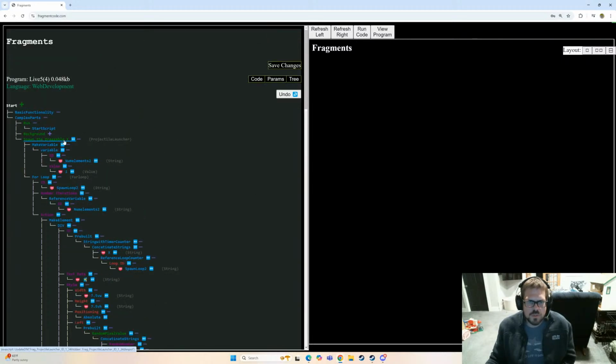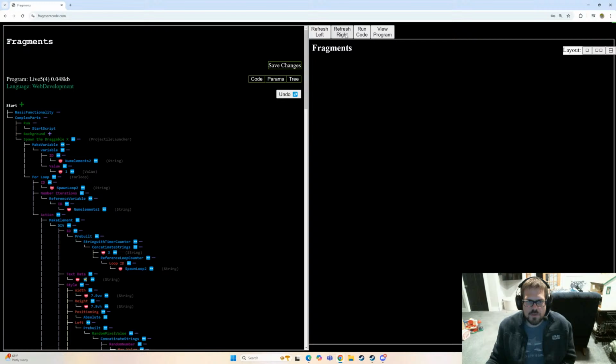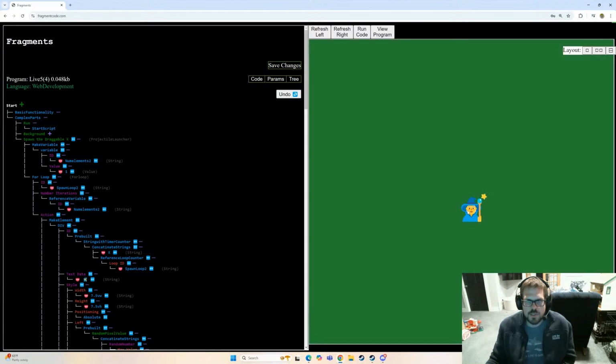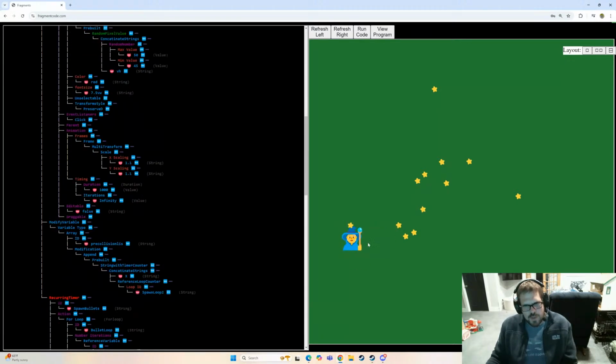This name here is not right. It should say projectile launcher and shouldn't have this parameter name here. But so I have my little mage here that shoots stars, and right now these stars are